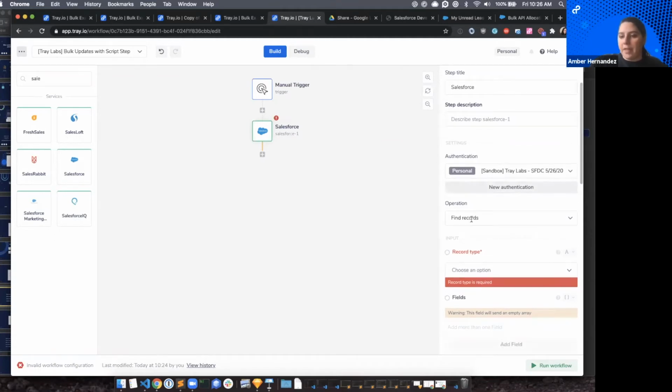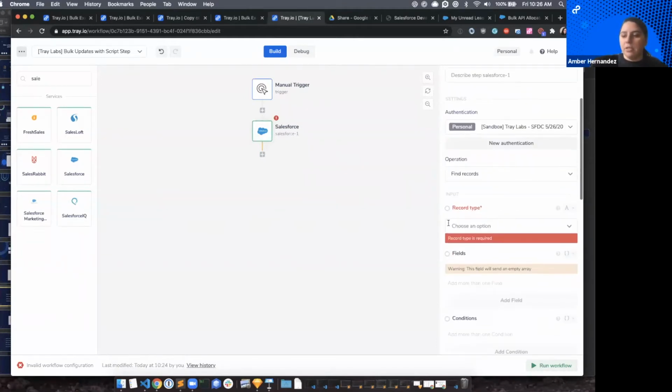So once you've authenticated, we're going to test our authentication. We always want to verify that the authentication worked before we move on. So what I'm going to do here is change my operation. The operation that I'm going to choose is some kind of list, or find record would work as well. We don't want to have to send data, but pulling data is the easiest way to test your authentication. So here, I'm just going to look up